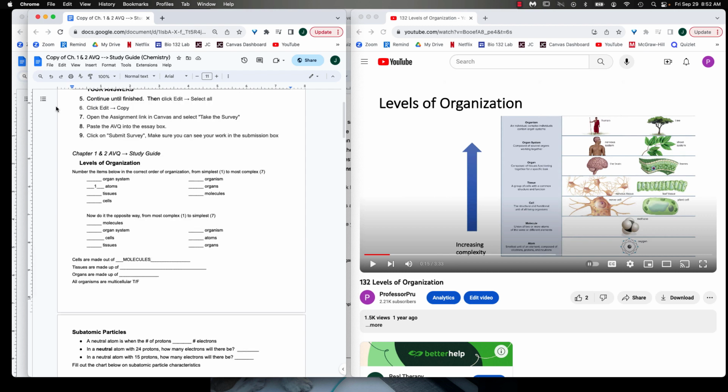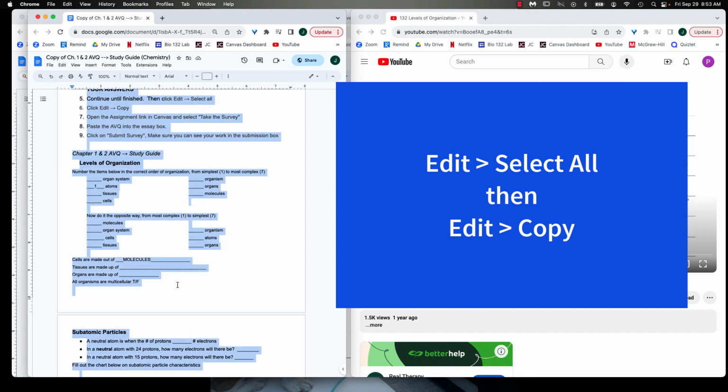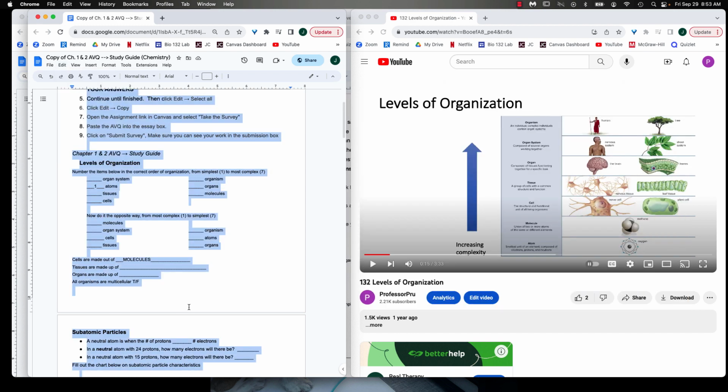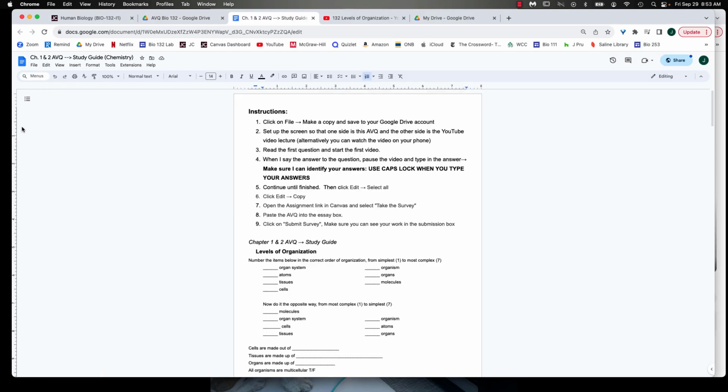Once you're finished with your AVQ, you're going to go to Edit and select All. This will select all of the text on here, my questions and your answers. Once everything is selected, you're going to go back to Edit and click on Copy to put everything in the clipboard. And then we're going to go back to